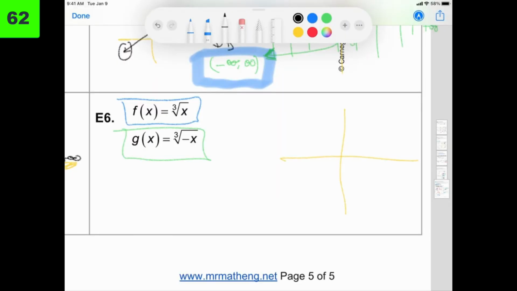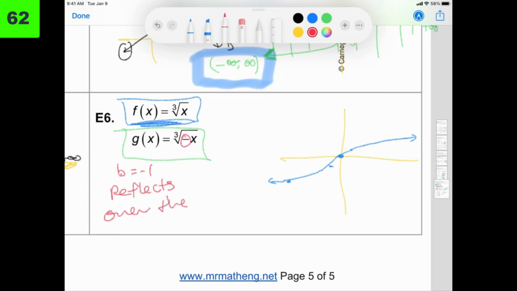All right, E6. The graph of the blue, f of x, is just the parent function, and it looks something like this. Okay, so that's blue. Green, what's the difference for the green is you have this negative sign. What does this one do? That is your b value, that's -1. When the negative sign is inside, what's inside the radical, that is a b value because it's to the left. What this one does is it reflects